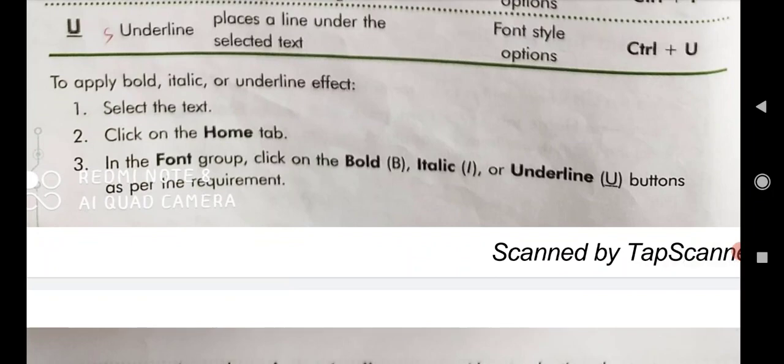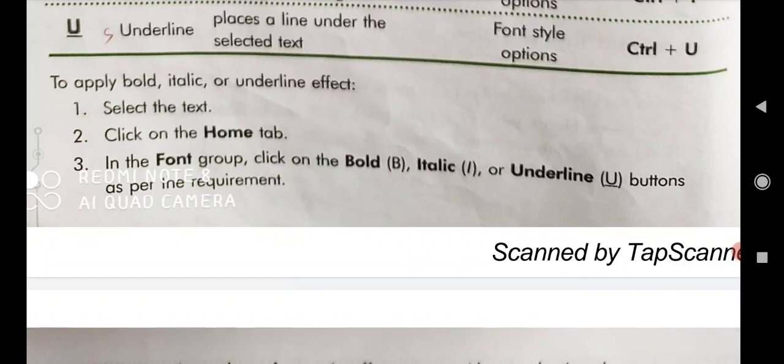So to apply the bold, italic or underline effect, there are some steps given here. The first step is to select the text. After selecting the text, click on the Home tab. In the Home tab you will get the Font group.